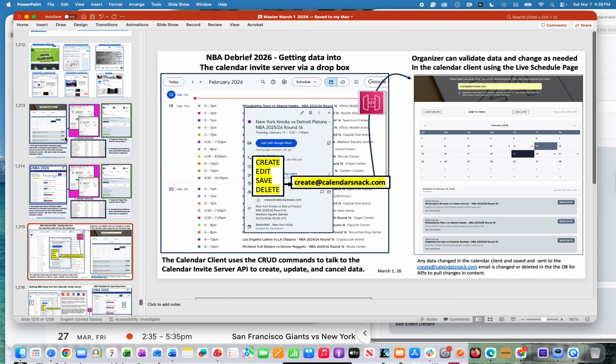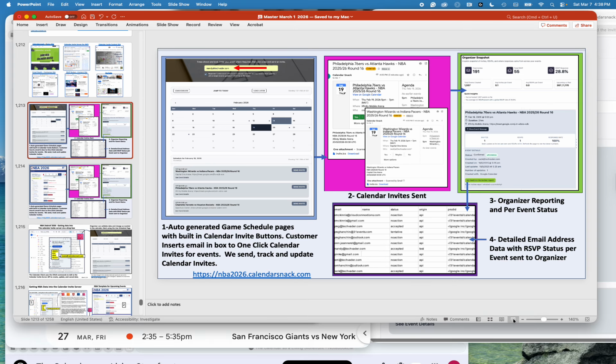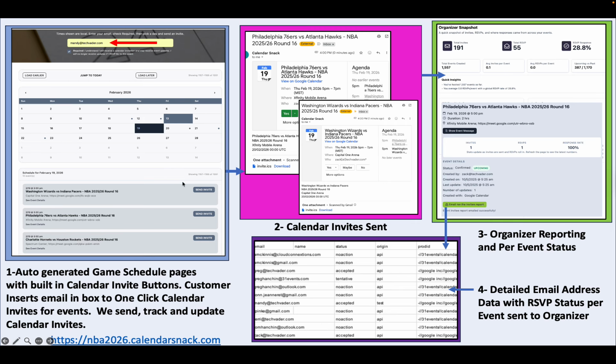I'm going to get into the original pitch here and keep moving. I just have a few minutes. So again, I showed you the concept. Somebody like Mandy comes by. She puts her email address in the shareable page here up at the top, red arrow. If you're following me, she clicks a couple buttons. She gets a couple games.